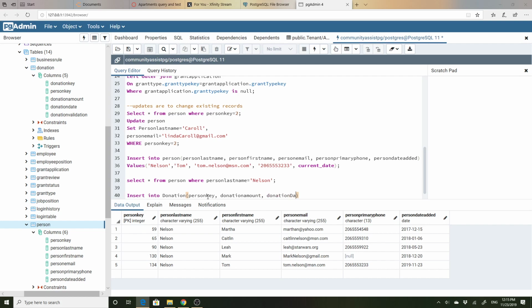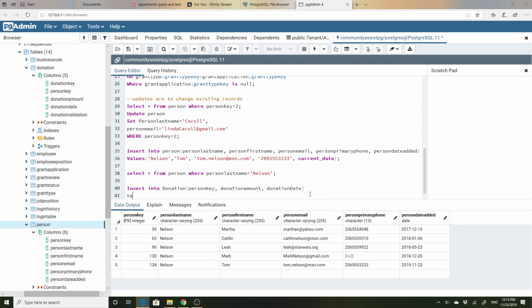The last part is automatically generated, I am sure of that. Values, and we'll do 134, our new person. Donation amount, let's just say $500. Numbers don't have to be quoted. Donation date, I'm going to do current date. And we'll run this